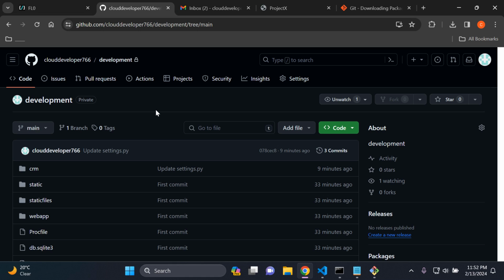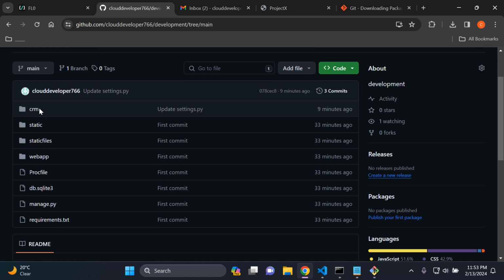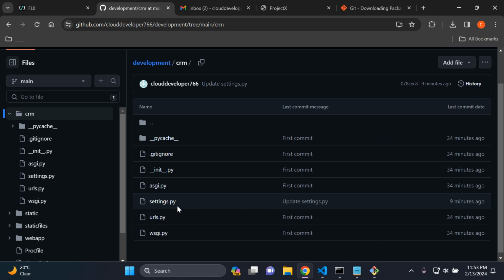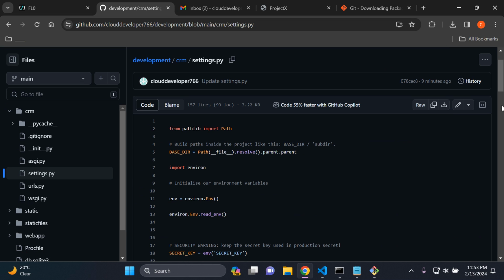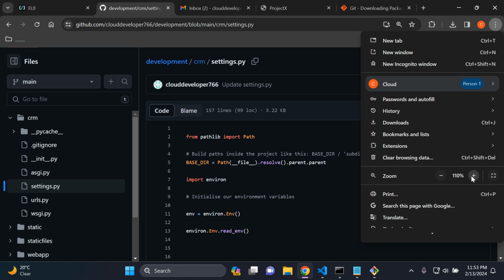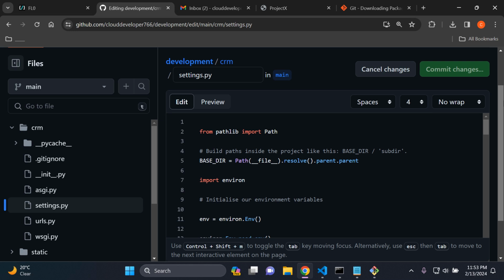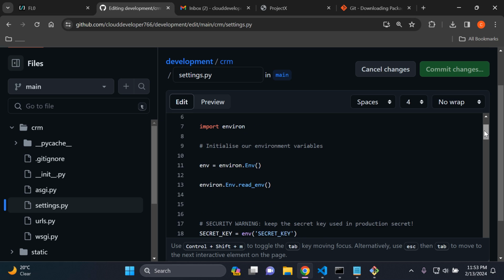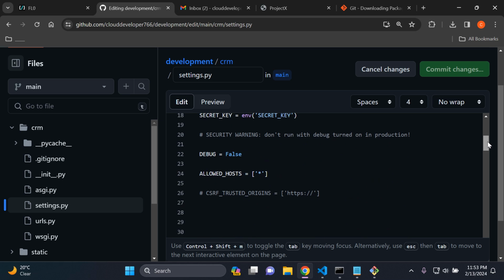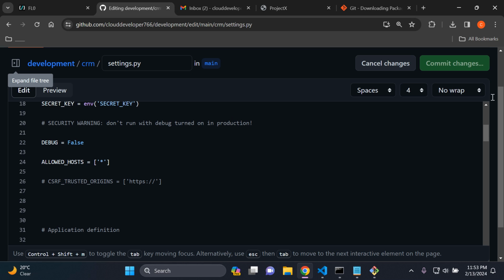So what you want to do now is head on over to your settings.py file. I'm going to go to CRM, and you want to go to settings.py, and I'll zoom in here just for clarity. Okay, and you want to click here on the edit this file icon, right? And you can scroll down until you see the following settings. So we can leave debug to false, and we can just collapse this file tree,